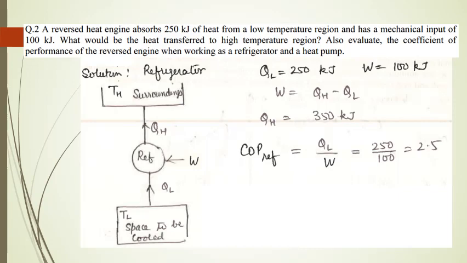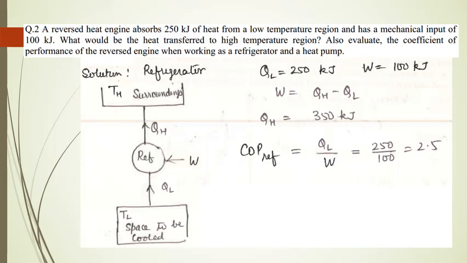So now, normally in the case of refrigerator we are using the notation TH and TL for the high temperature and low temperature reservoir and QH and QL for the heat transfer to the high temperature and low temperature reservoir. But since it was heat engine and the directions of the process have been reversed and now it is acting as the refrigerator or heat pump, we have taken the notations which we normally use for heat engine, that is TH, TL, QH and QL.